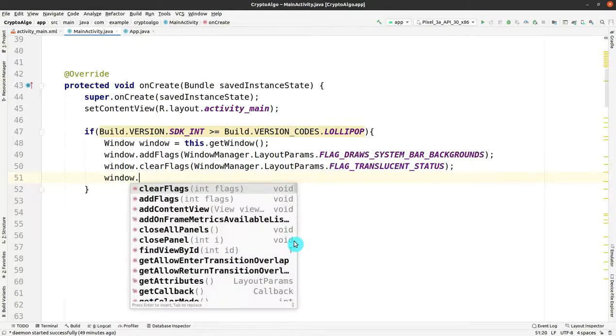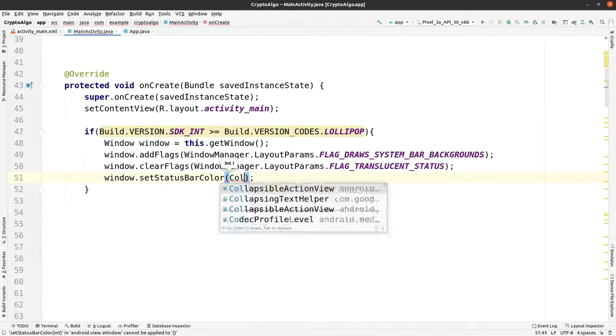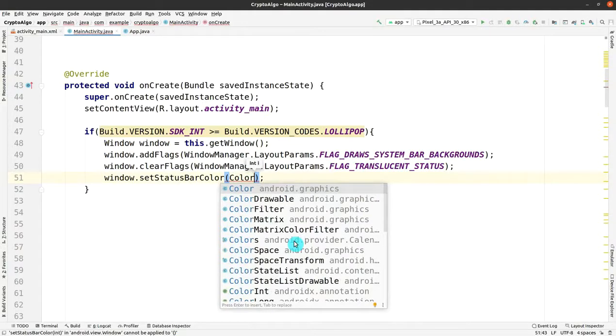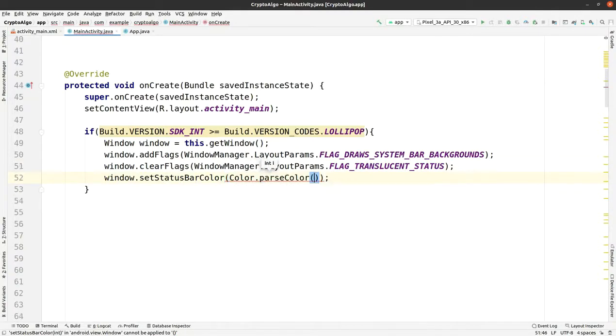Set status bar color. We are having a library in android.graphics for color, and we can parse the color with hex values. So instead of full screen, we can use this window function also for versions greater than lollipop.